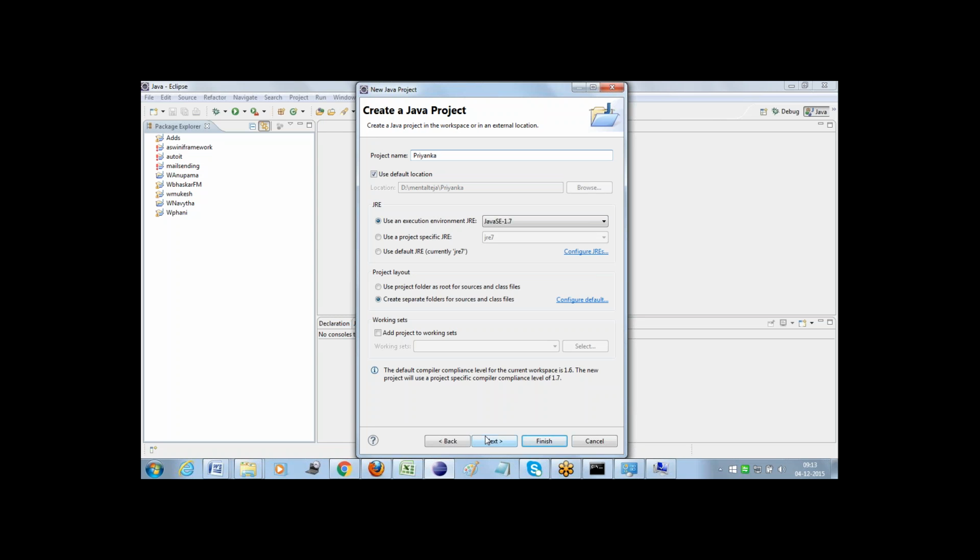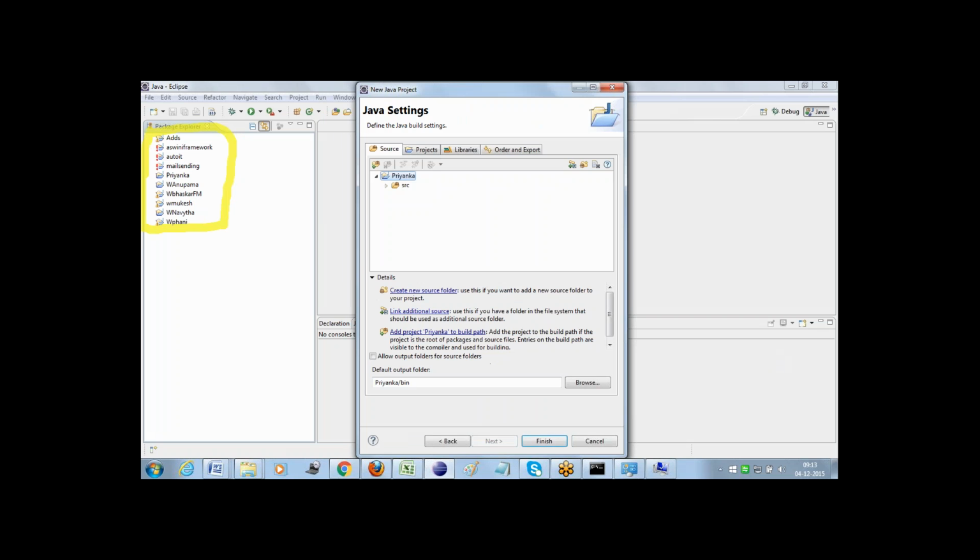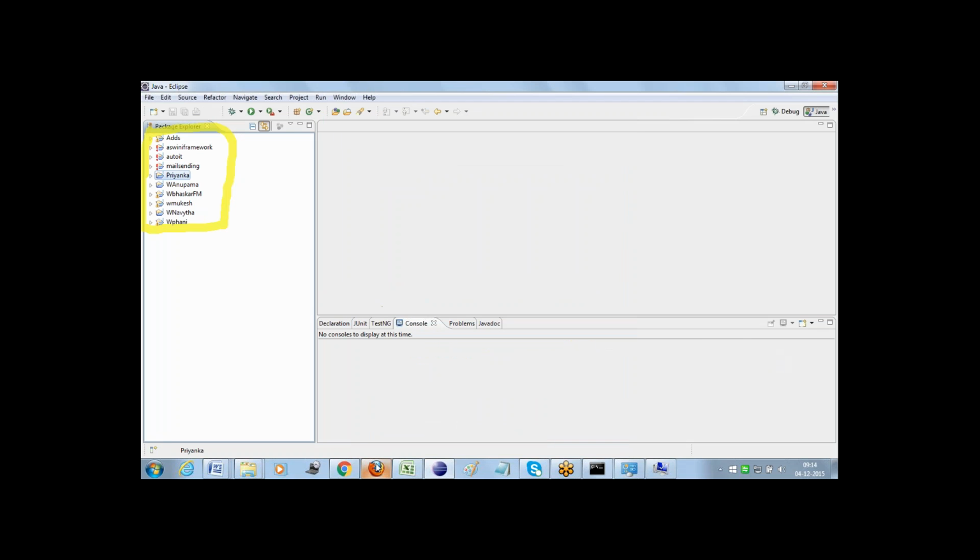Click on Next. Before that, if you observe on the left-hand side, there is no folder named Priyanka. When I click the next button, the Priyanka folder got added. Click on Finish.